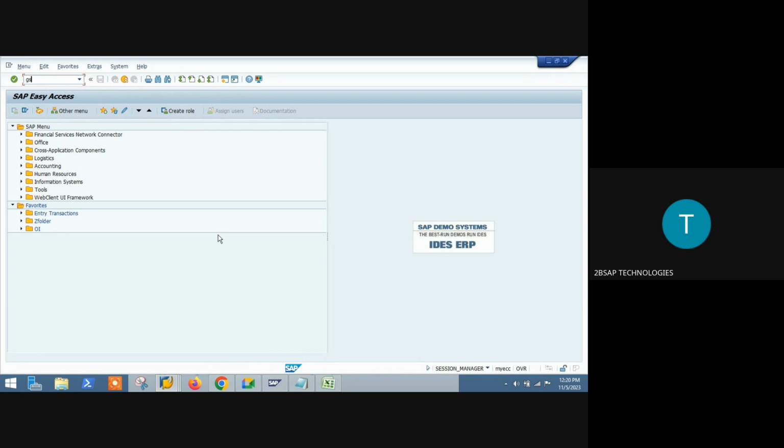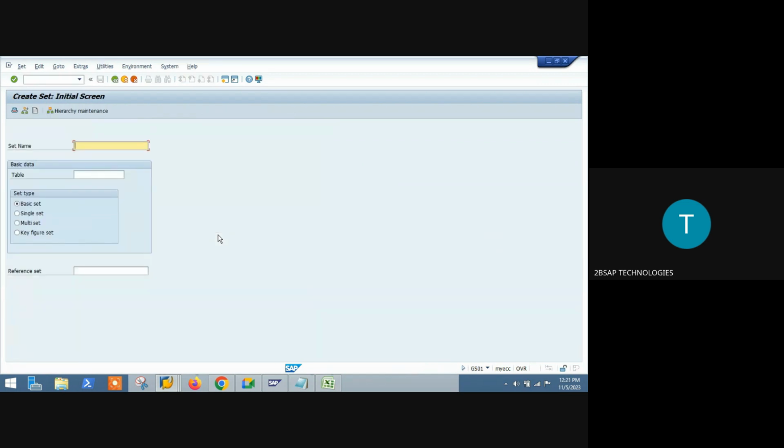Create sets, T-code GS01. GS01, Enter. Give the set name. You can create Z R2R underscore